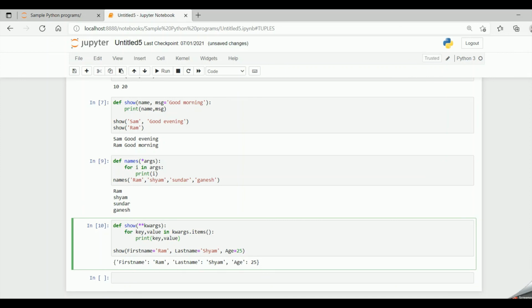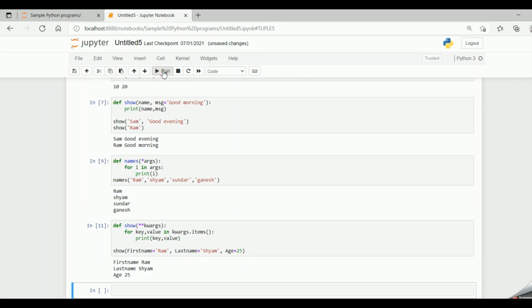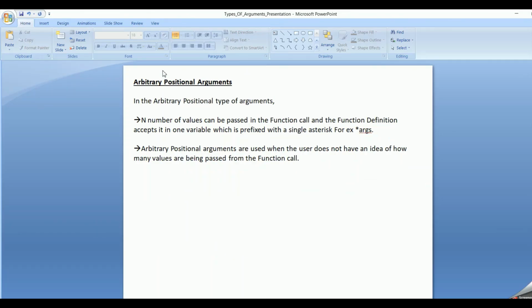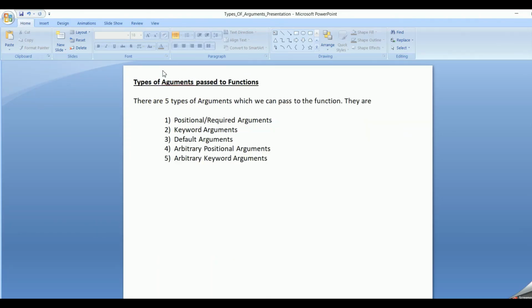So it will print it out in individual lines. See, first name is Ram, last name is Shyam and age is equal to 25. So it has printed it in individual lines. So this is how arbitrary keyword arguments work in Python. Hope, friends, it's clear for you. The 5 types of arguments: positional, keyword, default, arbitrary positional and arbitrary keyword.